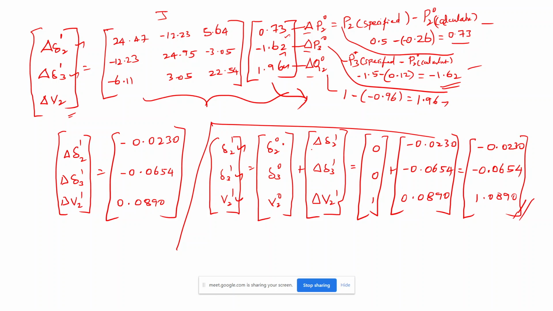Any doubt up to this? So this is the final value you need to write down in the note. Any doubt up to this? Very simple steps. If you think it is big, it is big. Otherwise, just find out the y bus matrix and then find out the Jacobian matrix, then find out the powers, multiply it and add it with the old iteration value, then you will get this value. Any doubt up to this?